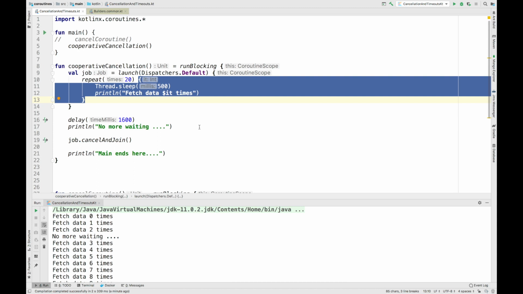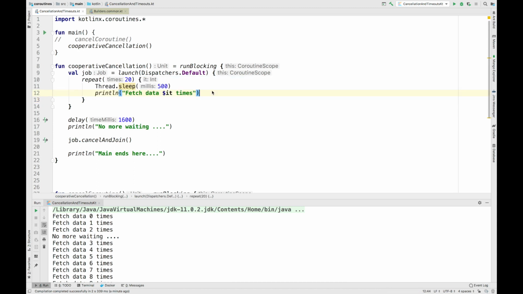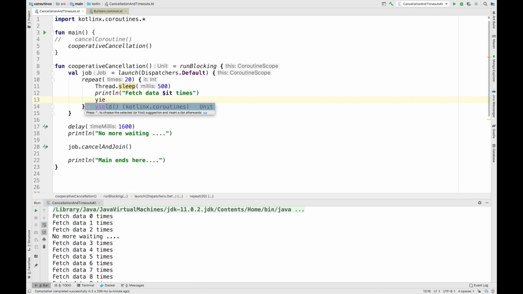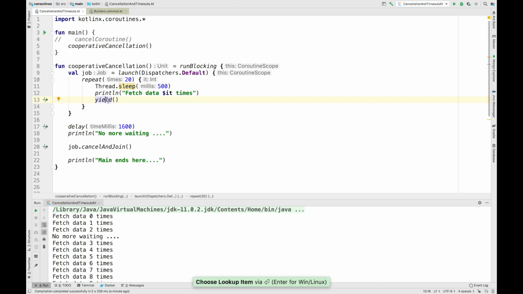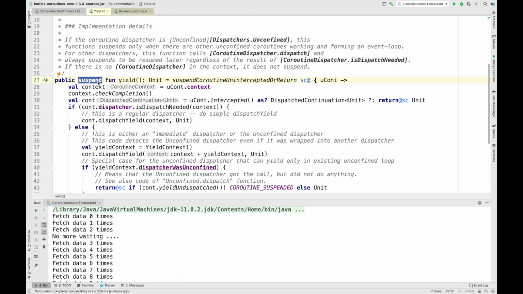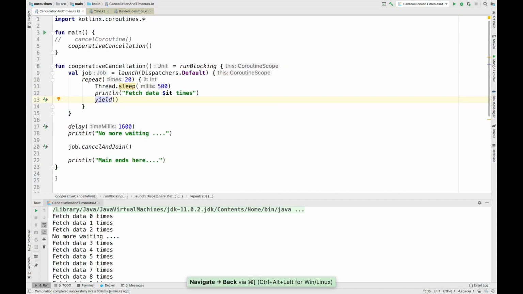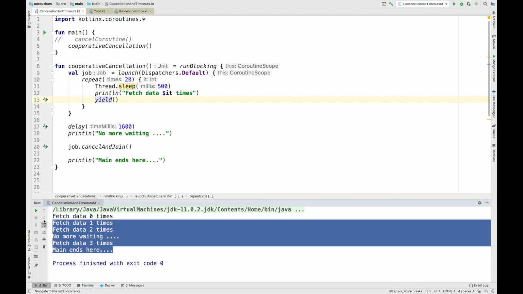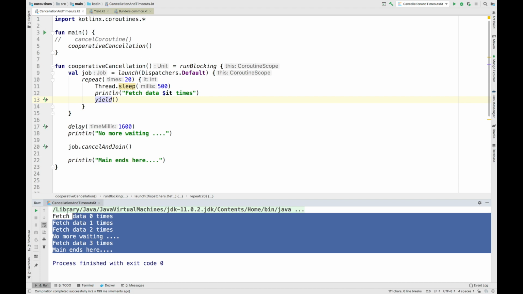So there are two ways to identify cancellation yourself. The first one, you can add a function called yield. This is a suspending function. If you see this symbol, it says that this is a suspending function. You can also go inside this function and you can see it has the keyword suspend. If I rerun this example again, let's see the significant change. What is the change we'll see in the output? Here you can see that now we are able to cancel the coroutine. That proves that every suspending function is cancelable and it checks for cancellation. So this is one way of identifying the cancellation yourself.